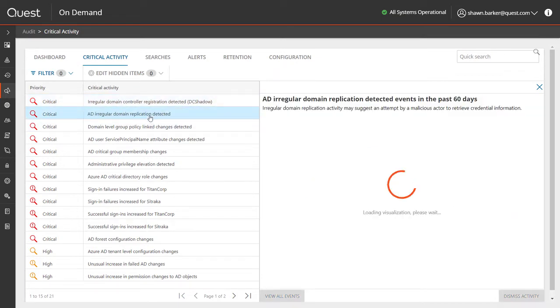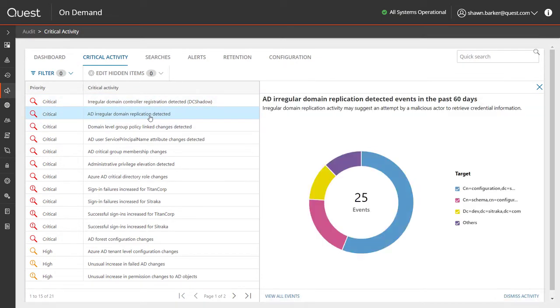And that's a similar end goal to the DC Sync or the AD irregular domain replication IOC, where you basically take advantage of the fact that you've gotten access to the domain replication permissions to stand up what looks to be a DC and take a copy of the AD database through replication. And again, once you've got a copy of the database, then you've got all the password hashes and access to any of the privileged accounts you want.